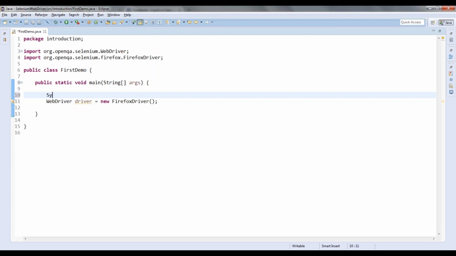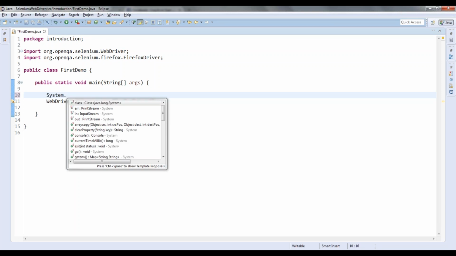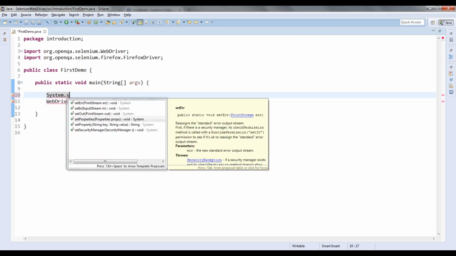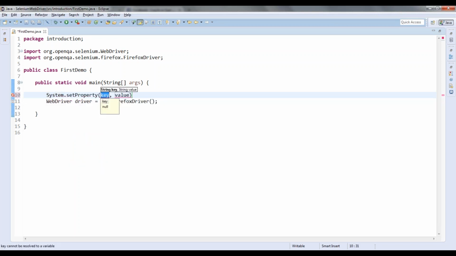System dot set property. Okay. So what is the first value? WebDriver dot, not GK something, Gecko, right? Dot driver.